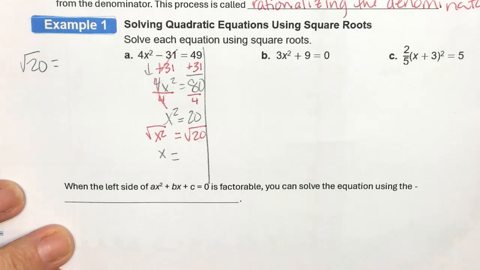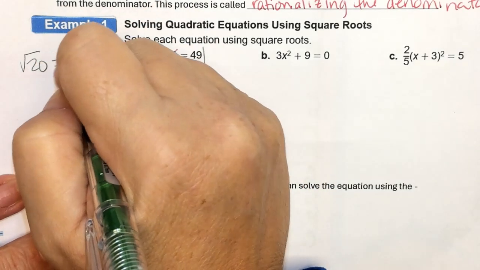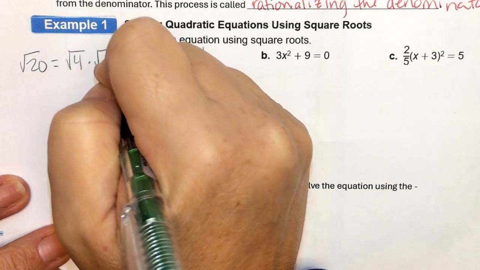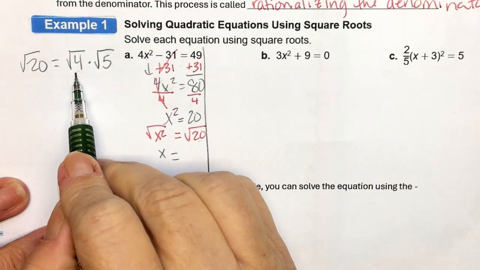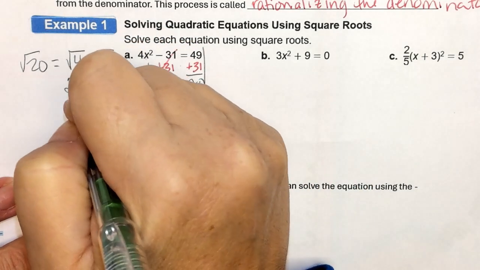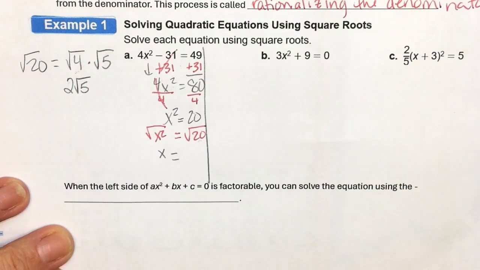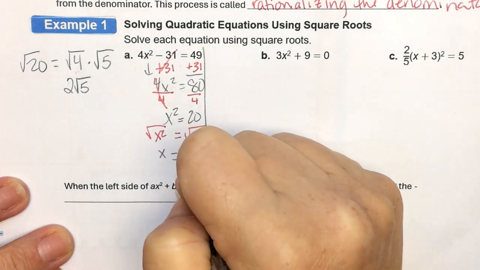What's another one? 4 times 5. Oh, 4 is a perfect square, so we could say the square root of 4 times the square root of 5. Well, we can actually find the square root of 4, so this becomes 2 square root of 5. So our answer for x,